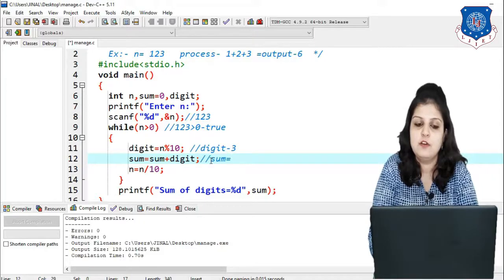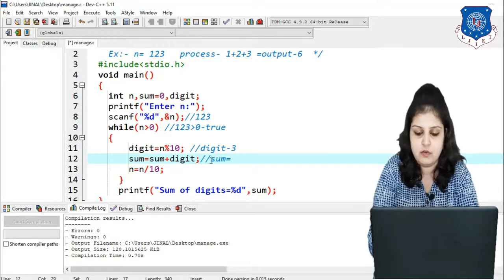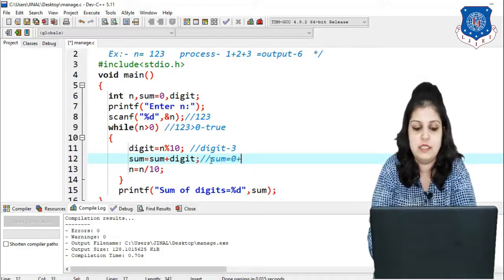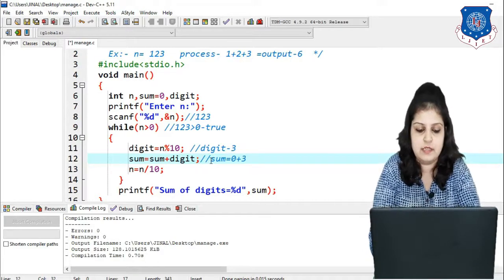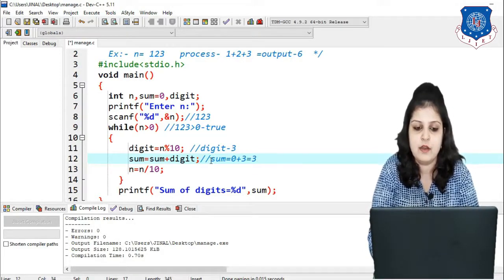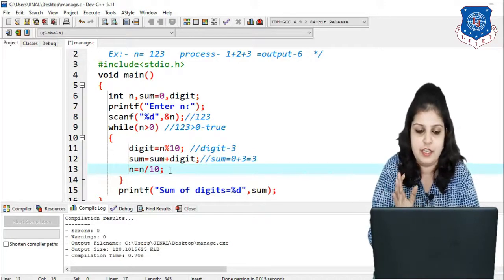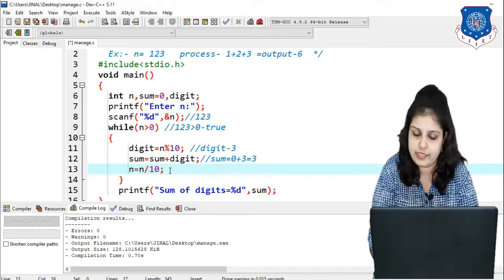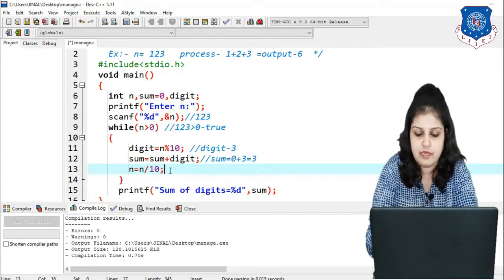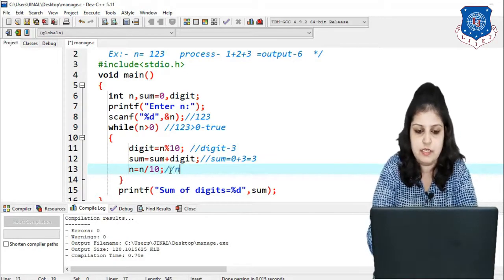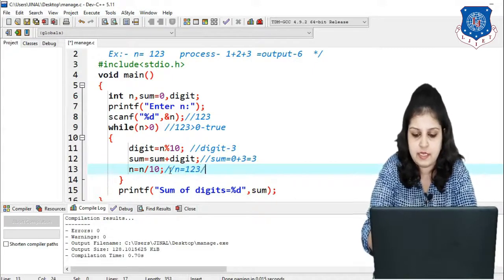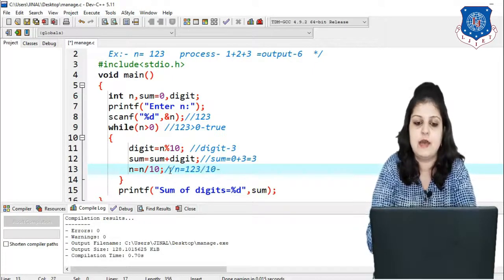Our initial value of sum is 0, so 0 plus digit value 3, we will get answer 3. Now our 3 is already added, so just discard 3 and divide the number by 10. So our new number will be 12, because 123 divided by 10 gives 12.